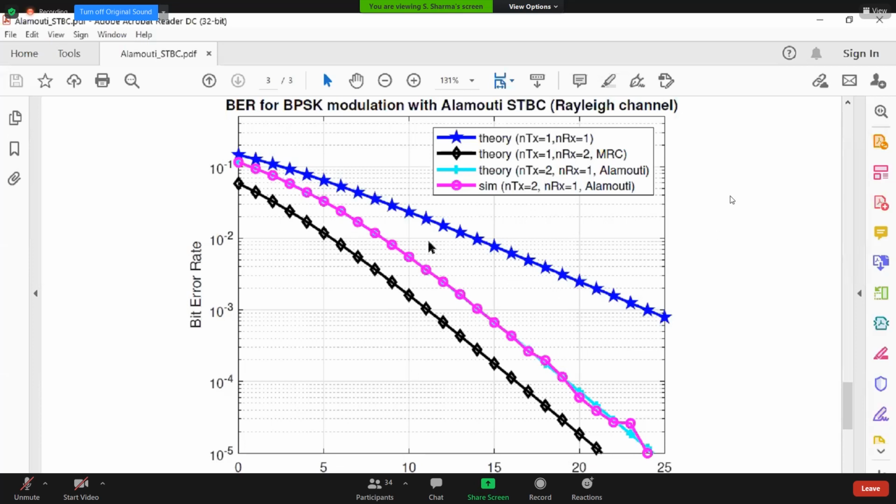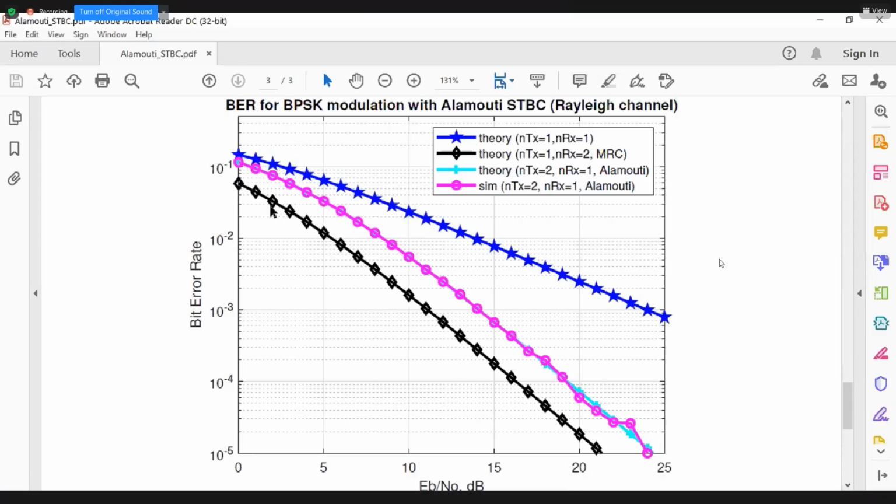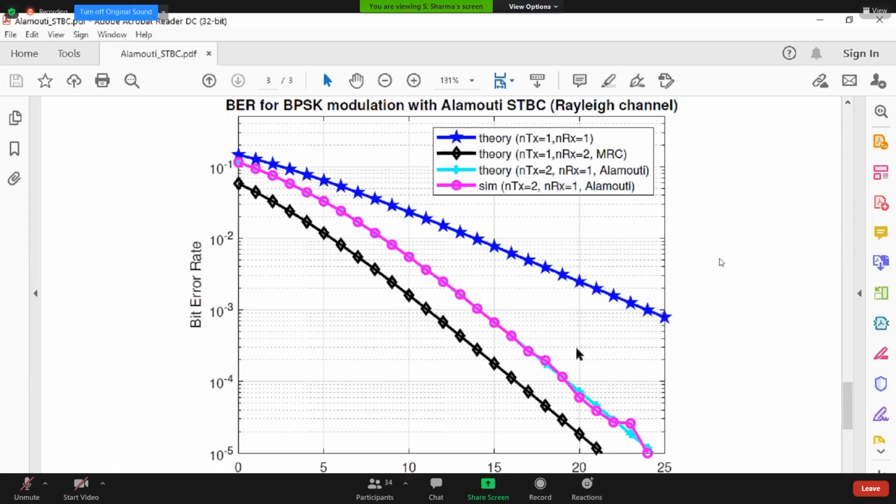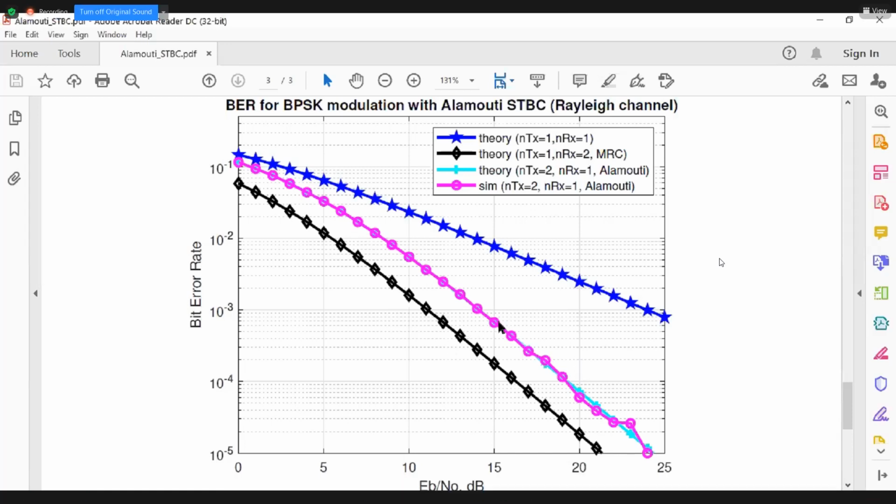So if you look at both curves, the slope of both curves is the same. You can see that the gain, the difference between these two curves, is the same. It's here, then here. So slope is not changing. That is a good thing. So when the slope of the curves is not changing, that means the diversity order in the pink one and the black one is the same. So diversity order is not changing.